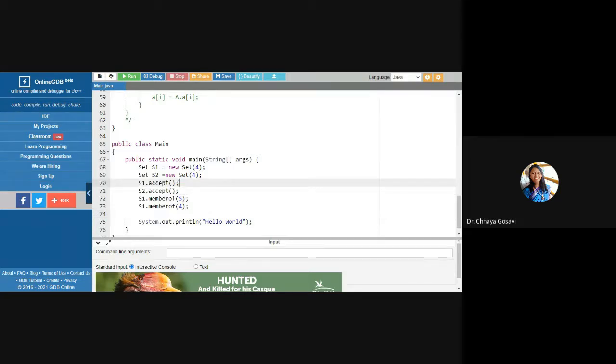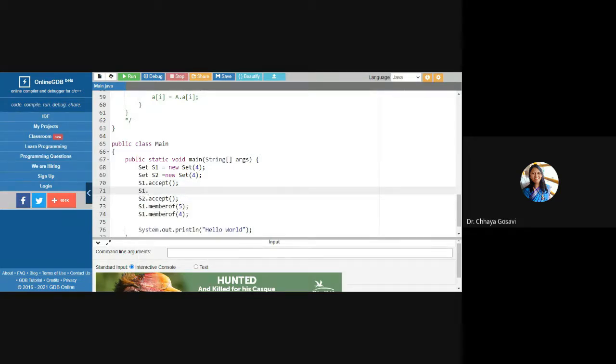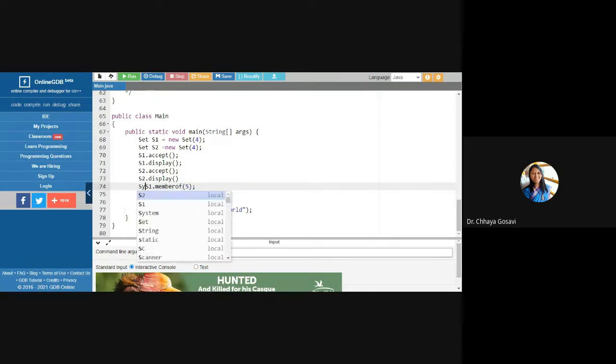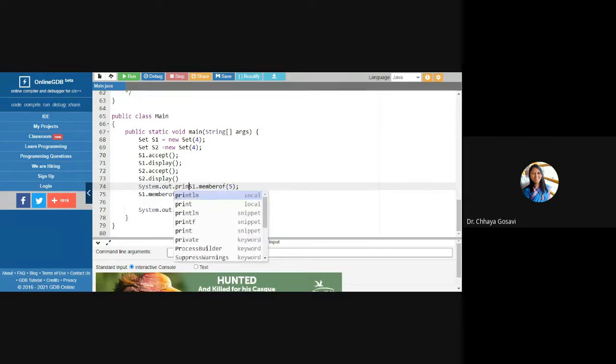After accepting, we'll print it, S1 dot display function. We have written the display function. S2 dot display. And it will return true or false, that we want to print using System.out.println. We'll just print whether it is returning true or false.